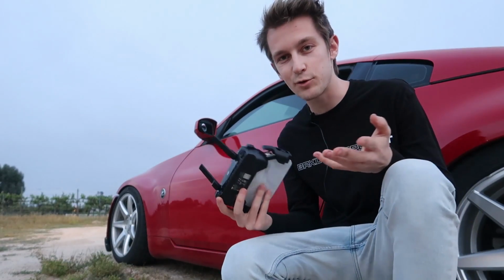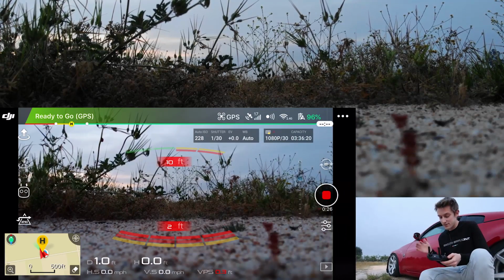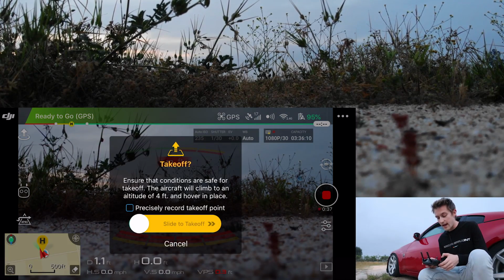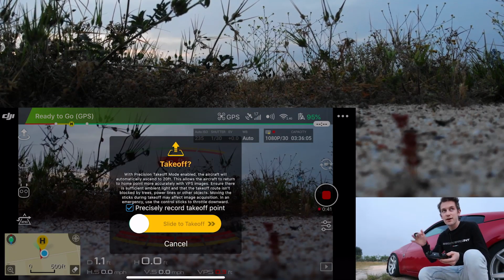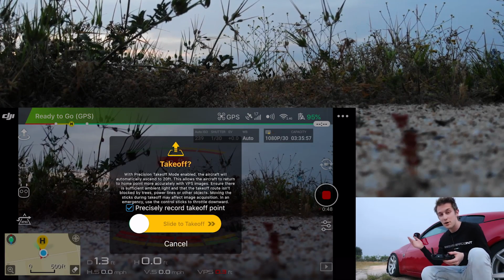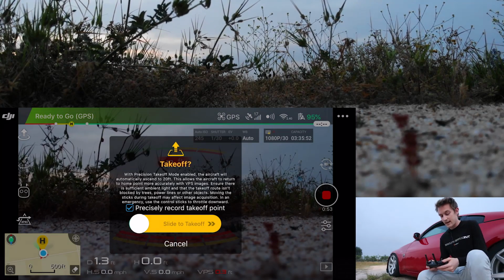So I thought it would be kind of cool to show you guys how I do this. I'm screen recording right now, and what you do is you hit this little up arrow in the top left, and I usually hit precisely record takeoff point. There's a huge block of text, but what it says is it takes a picture every 5 feet or something until it's 20 feet in the air, and then it precisely records its takeoff location. So if it needs to come back in an emergency, it can, which is kind of cool. And then you just slide it, and it just